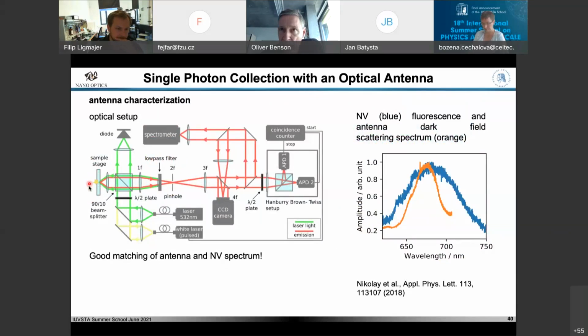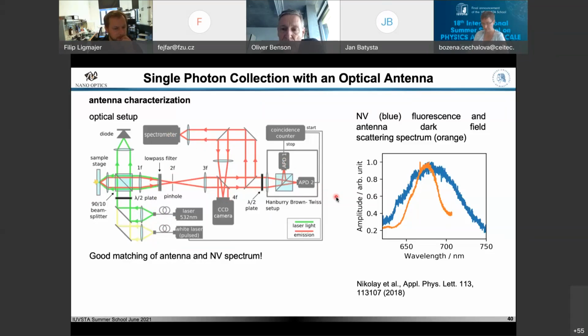So we have a sample stage. Sometimes the stage is at low temperature, maybe 4K or 10K. Then excitation light, green lasers, other lasers, and then selecting out the fluorescence from the excitation light. This is a major issue typically because you only have a few photons and you have to suppress the excitation light significantly. And then you have cameras, spectrometers, and also these coincidence units that I mentioned to prove that you indeed have quantum light.